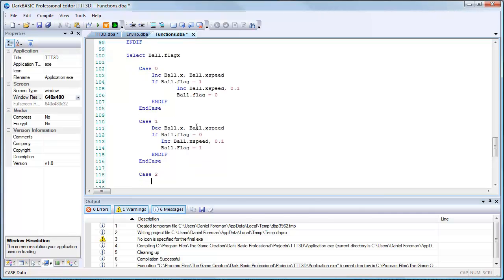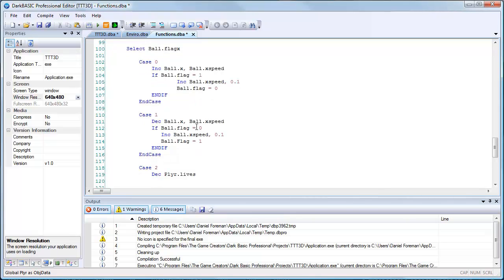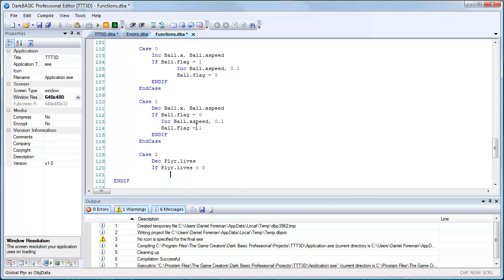Now, if case 2 occurs, then the ball has hit the wall behind the player, which basically means we need to decrease the player lives. So dec plyr.lives, and this will decrease it by the value of 1, which is default for dec. And if player.lives is less than 0, so minus or whatever, then we need to put some text on the screen. So center text screen width